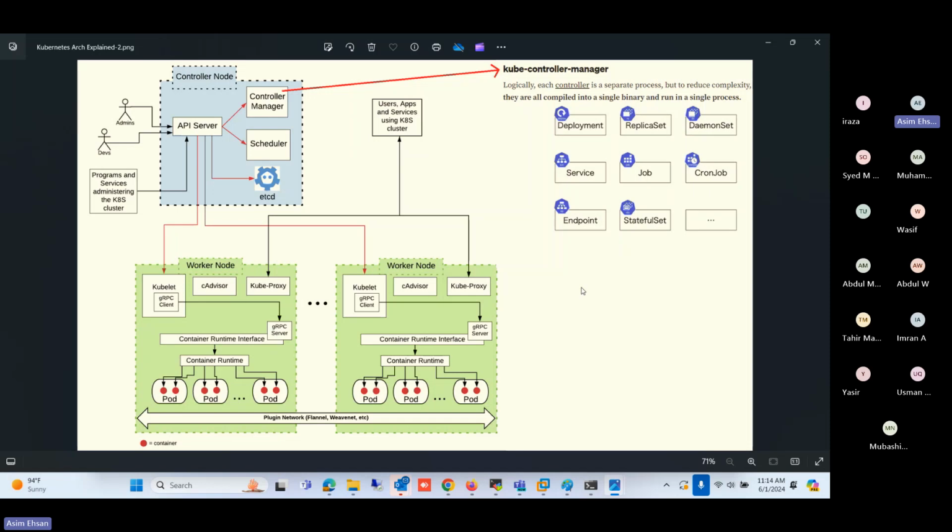Why did they build Kubernetes? Because they had a lot of applications running, and they had a requirement to make a highly available environment. For that reason, they started building Kubernetes, and later on they